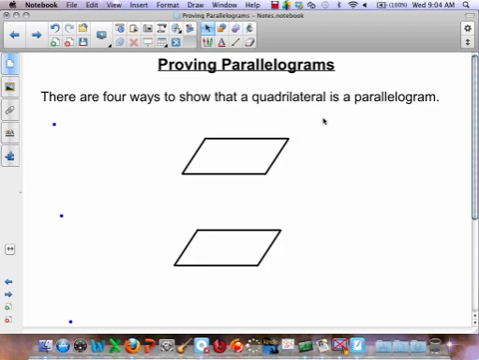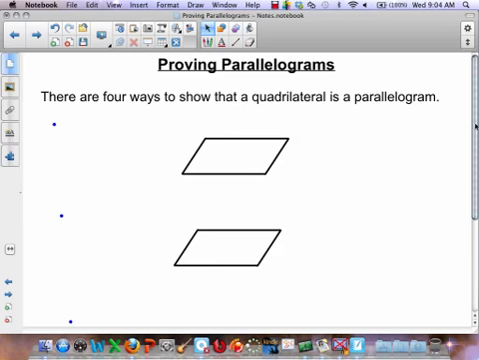Now, for this particular lesson, what we're going to be looking at are ways to look at a figure and say, hey, is this a parallelogram or not? And you don't have to go through and verify every single property of a parallelogram. There's actually some shortcuts. And that's what this front part of this lesson is going to be looking at, is what those shortcuts are. So the first one,